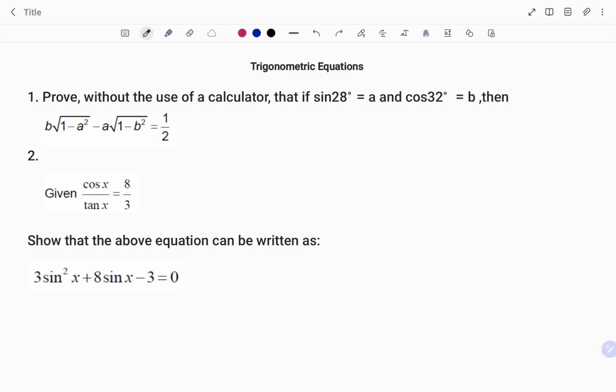In this video, I'm going to show you how to prove the following trigonometric equations by applying the necessary trigonometric